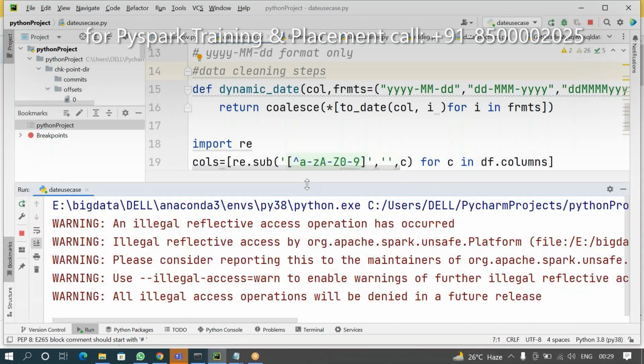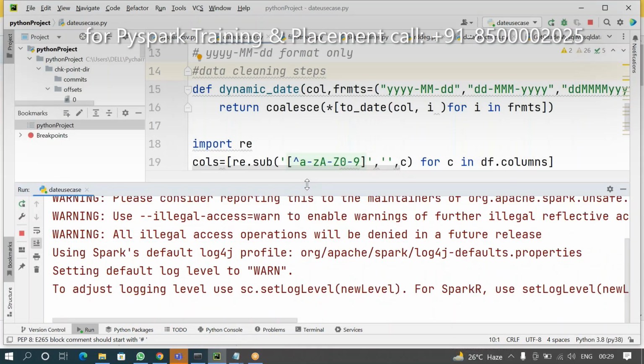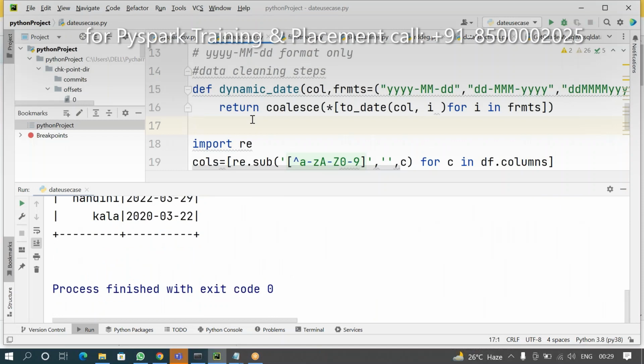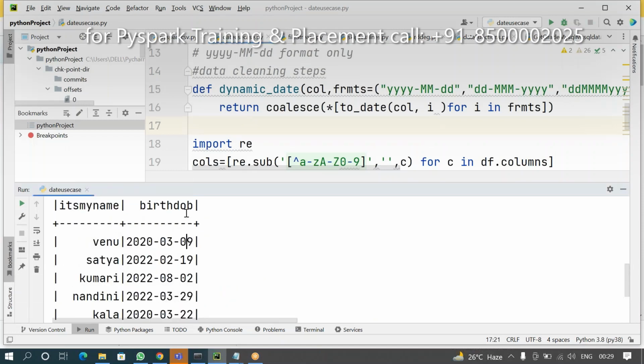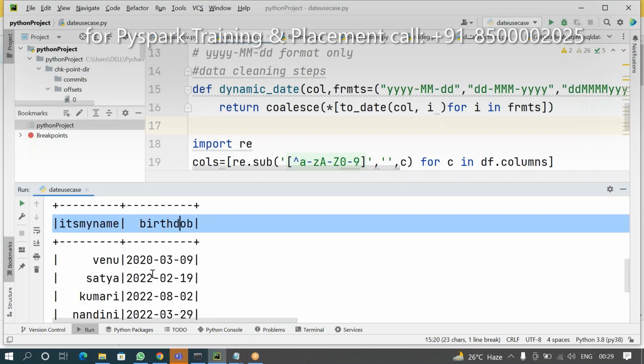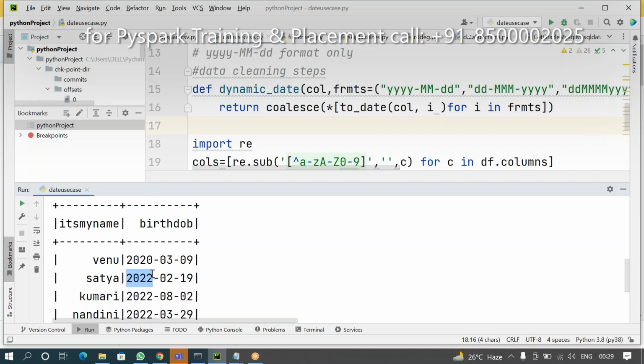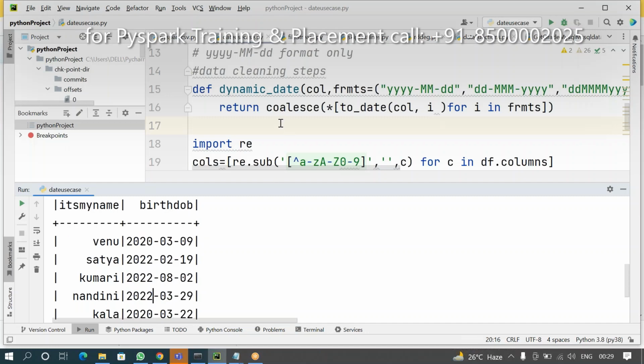In that way, data cleaning is very important before processing the data. 200% data cleaning is very important. In this scenario, if you don't know Python, it is very difficult to implement. Now please check. The schema is also ready. I mean the above header schema is also ready. This original data is also in good format.